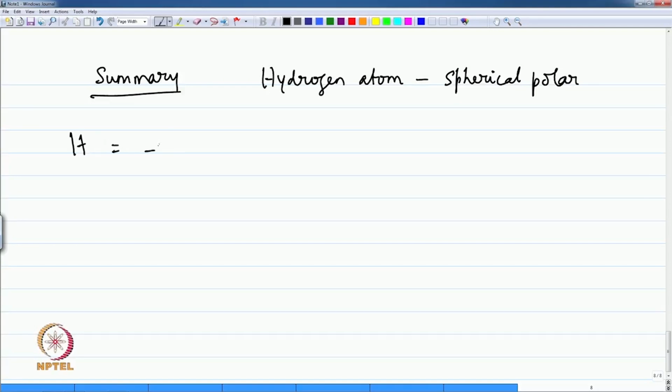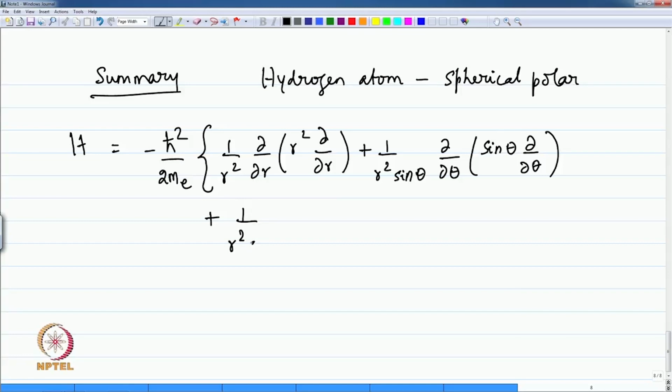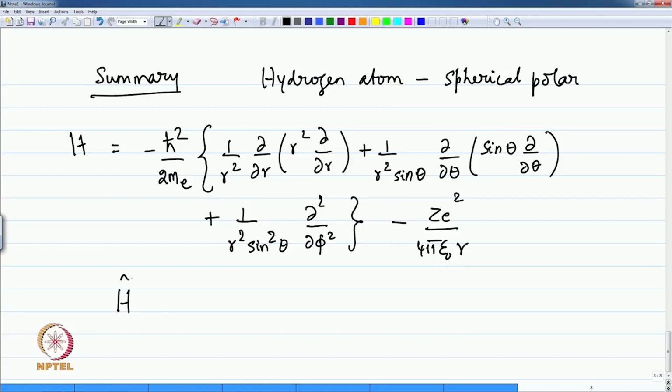The Hamiltonian is minus ħ² by 2mₑ, okay, 1 by r² ∂/∂r of r² ∂/∂r plus 1 by r² sin θ ∂/∂θ sin θ ∂/∂θ plus 1 by r² sin²θ ∂²/∂φ², all of which is the transformation of the derivatives to the spherical polar form, and therefore this is nothing but the kinetic energy term in terms of the spherical polar coordinates, with the potential energy minus Ze² by 4π ε₀ r,